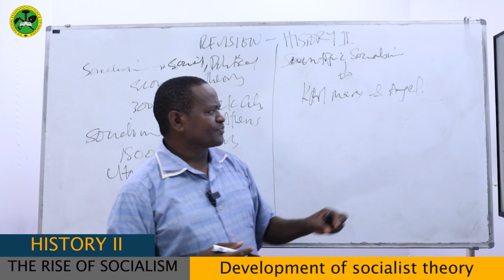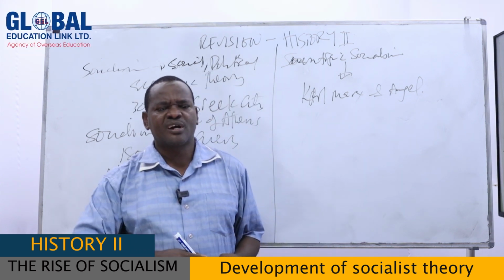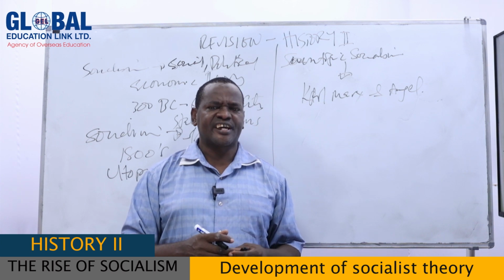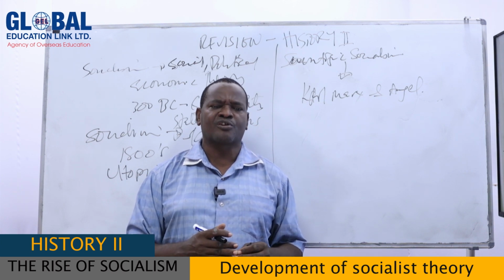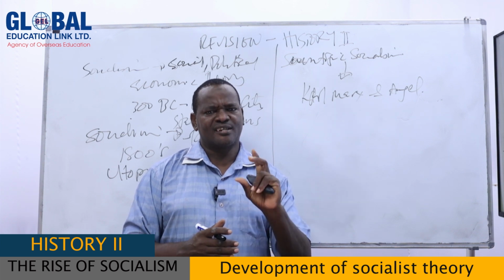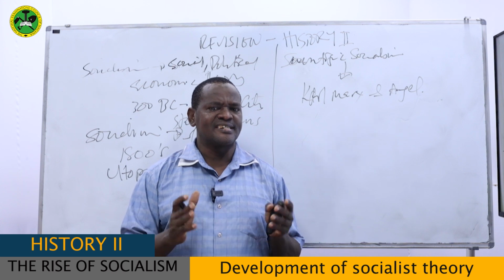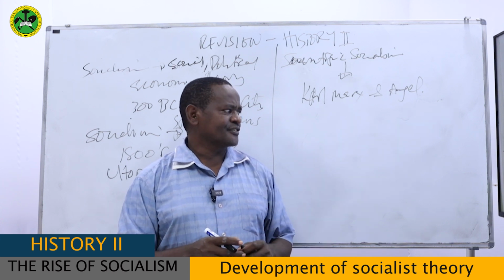So, my dear students, scientific socialism was explained very well by Dr. Karl Marx and Friedrich Engels in a series of books, and then in 1848 they were summed up in one small book which was called the Communist Manifesto. That's the place where they explained in detail about this scientific socialism.